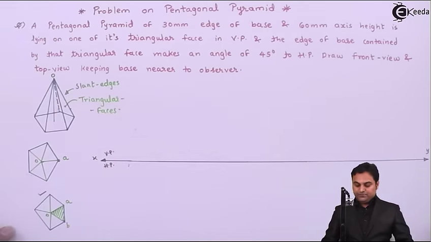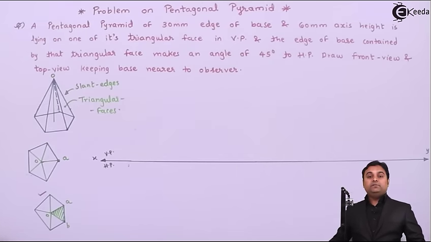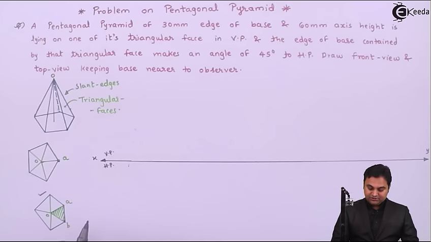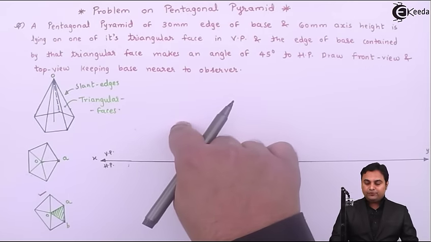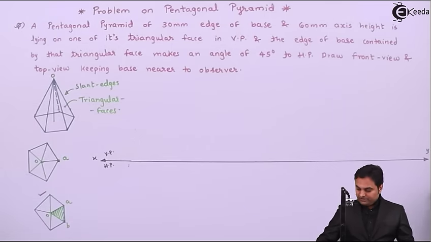XY line, VP, HP. As the pentagonal pyramid is resting in VP, we have to draw this condition resting on an edge in VP, that is in the front view. So starting with that,